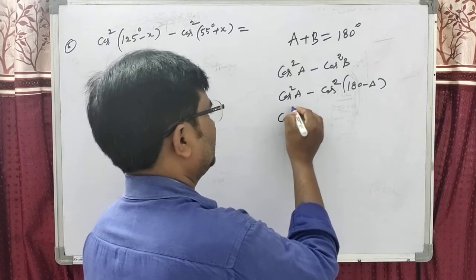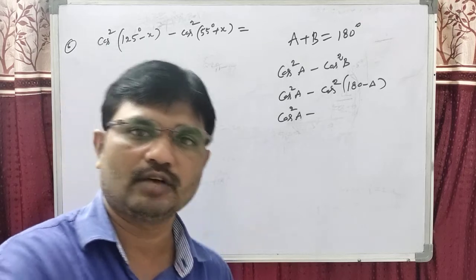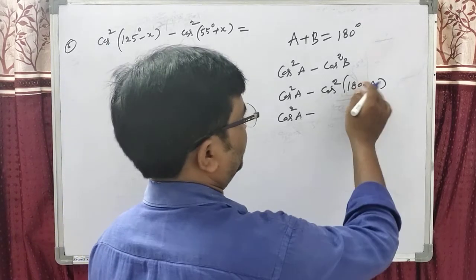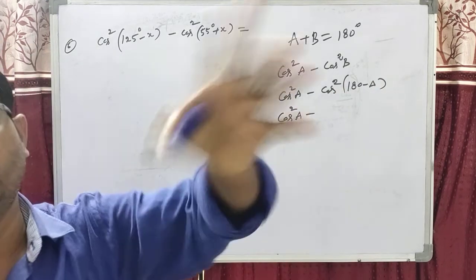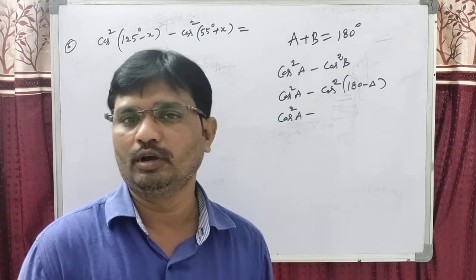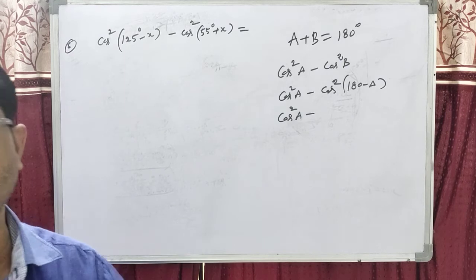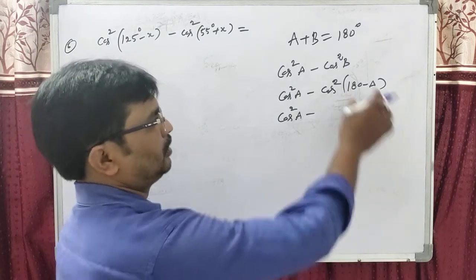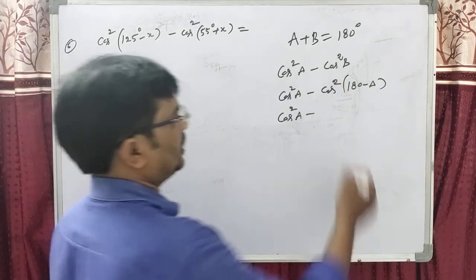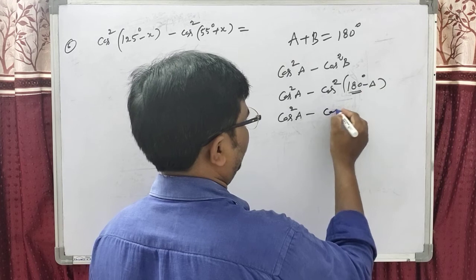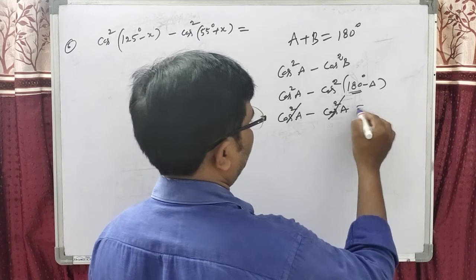Dear students, this is cos square A. Cos of 180 minus theta, students, is minus cos theta. Minus of cos theta whole square will be plus. If the power is even, you don't need to think about the sign. We only have to think about whether it is 90 minus theta, 90 plus theta, 180 minus theta, or 180 plus theta. This is also cos square A. Dear students, we got 0.